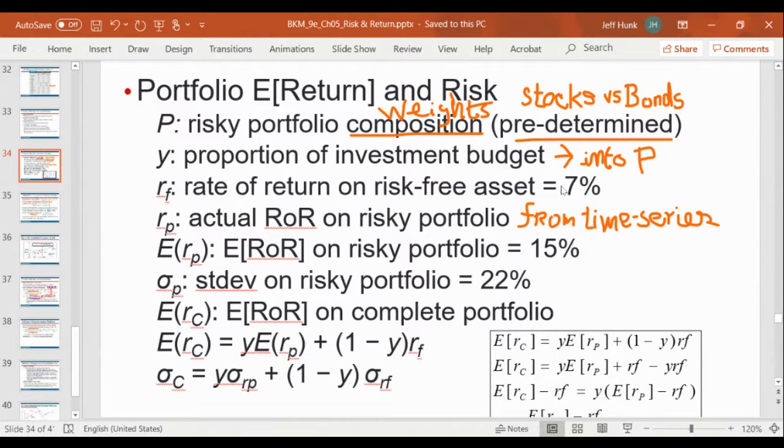in our example, 15%, risk-free return 7%. And of course, that's the standard deviation. If the standard deviation of the risky portfolio is 22%, you can tell already that the Sharpe ratio should be RP minus RF over standard deviation. You can already get the Sharpe ratio from here, right? Sharpe ratio will be 8% over